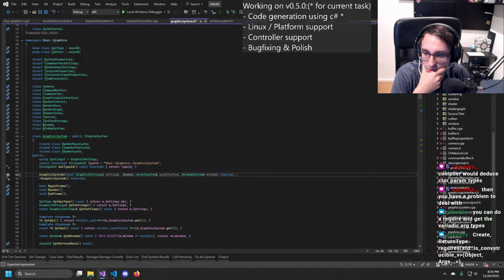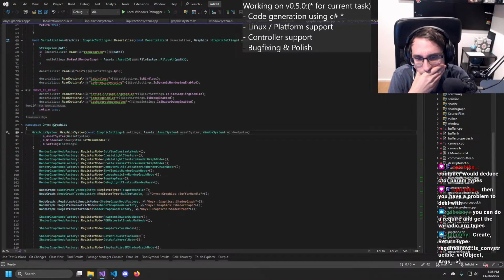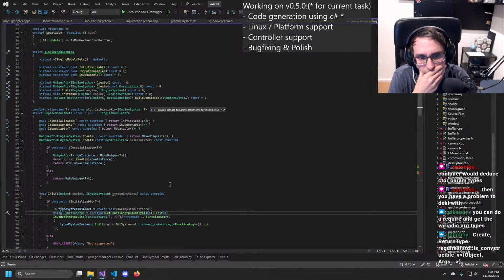But that's a special function again, or it's not the constructor, or maybe did you mistype the create now? Oh, okay, wait, you mean here?